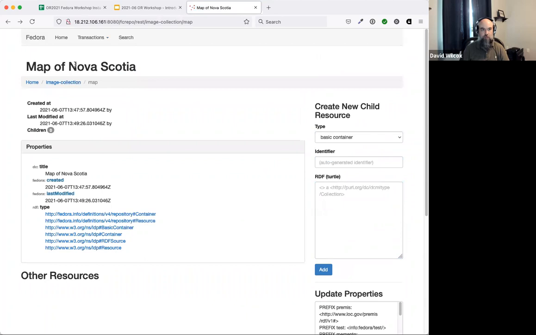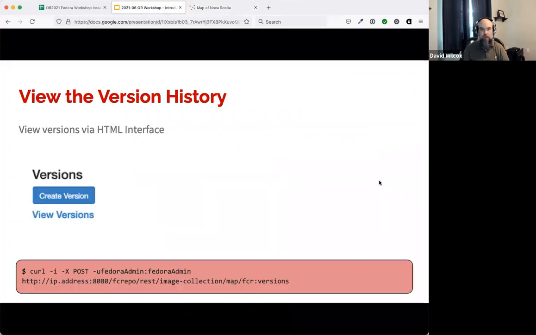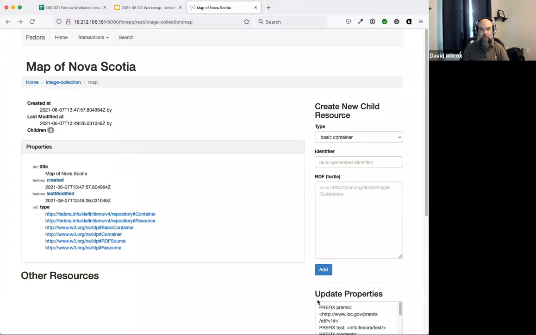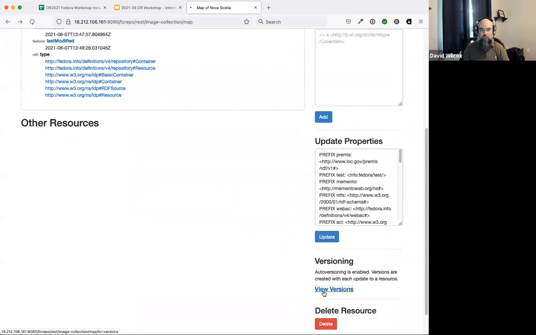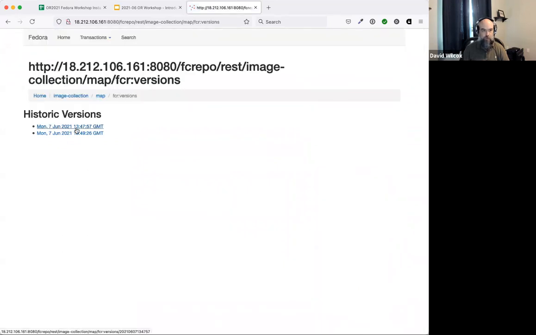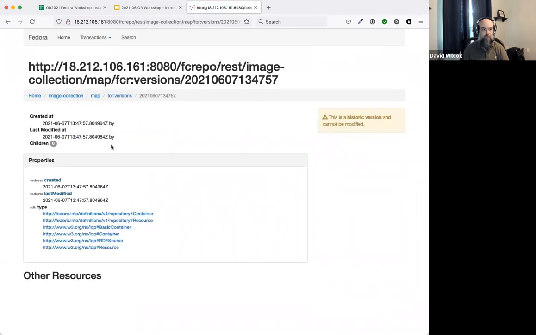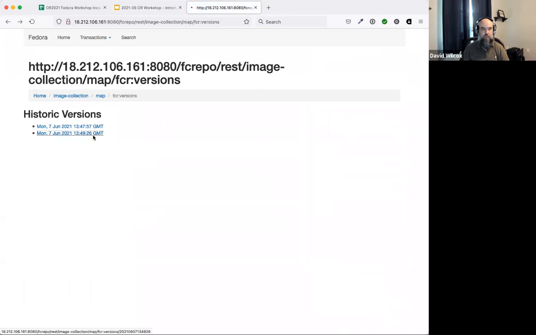So, similar to before, the title appears at the top and also in the metadata. And then I think in the next slides here, it's just saying, if we then go back down to this view versions button, you'd see there's two versions now, and then we can sort of compare. This one is a little bit older and it has no title. If I go back and hit the second one,